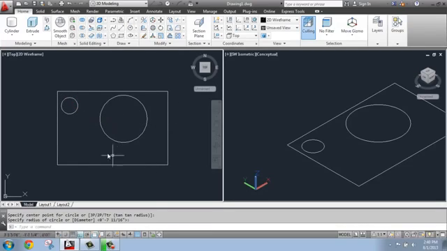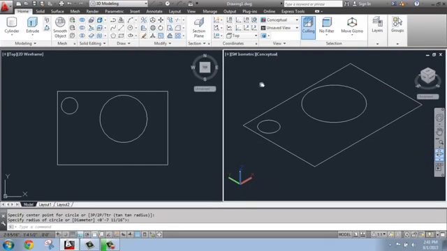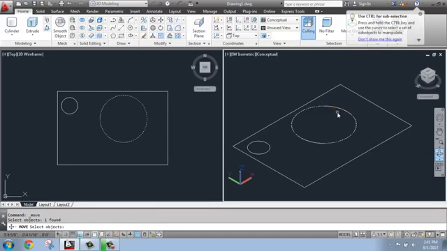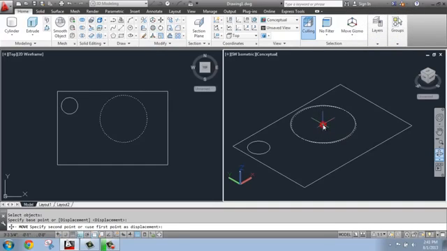So these are all flat on the ground right now. If I activate my southwest isometric viewport and then pan over, I can see that, in fact, those are laying on the ground. What I can then do is actually just move these vertically. There's other ways to change the height of these, but for now, that'll work just fine, keeping it simple. So I'm just going to use my Move tool. Just select that circle and hit Enter. And then I'm going to grab it, either from the center or quadrant point with my object snaps, and I'm